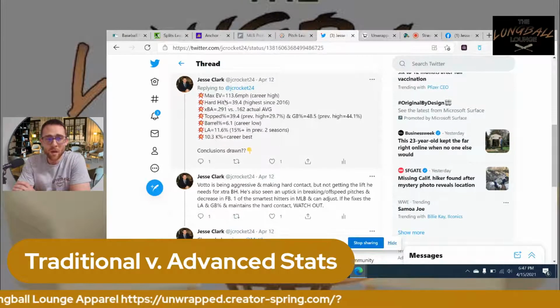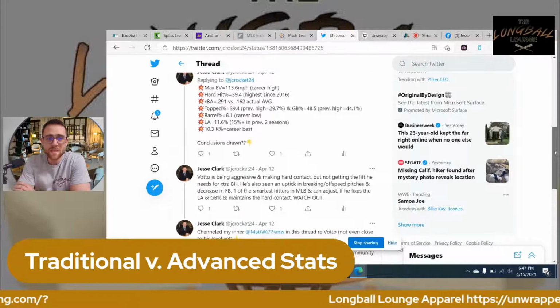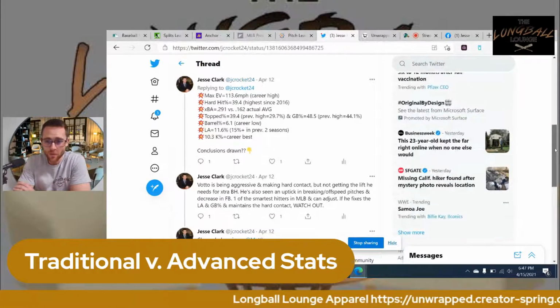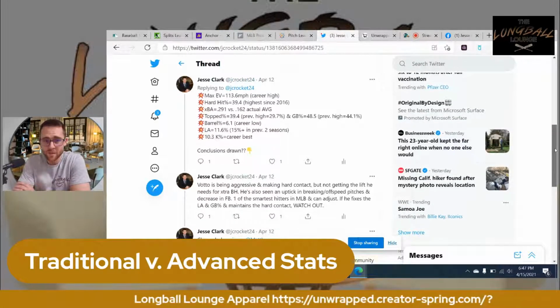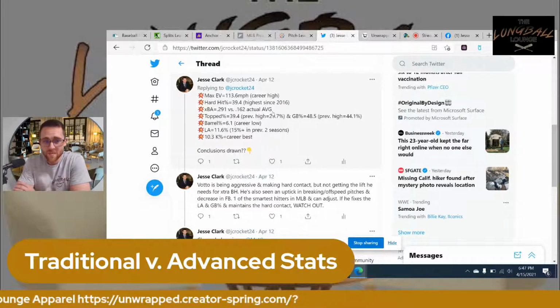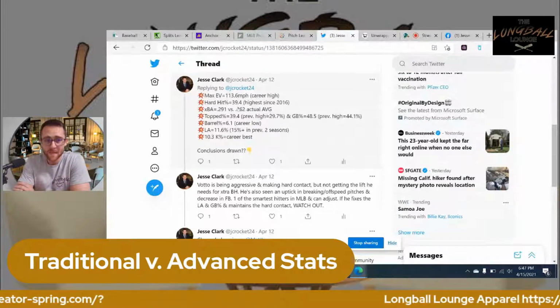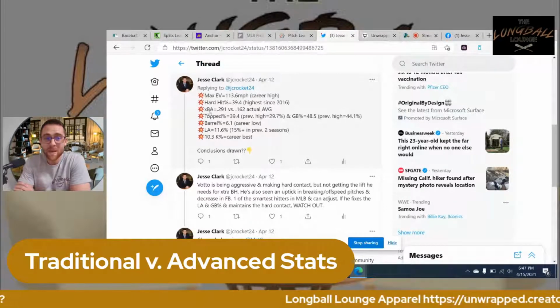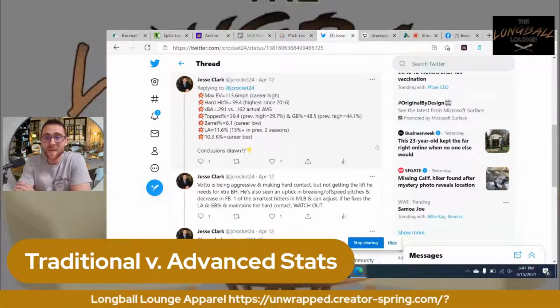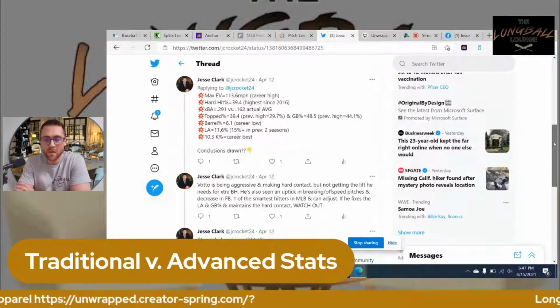So let's move on. Hard hit percentage, 39.4%, his highest since 2016. These are all things he said he wanted to do, and he was doing early in the year, but the results were not there if you look at the surface stats. His actual batting average as of this was .162 with 0 home runs again. His expected BA, xBA, was .291. You know what that tells us? That tells us that he was getting extremely unlucky.